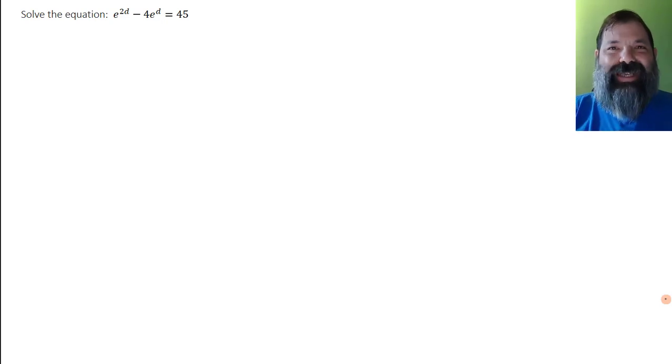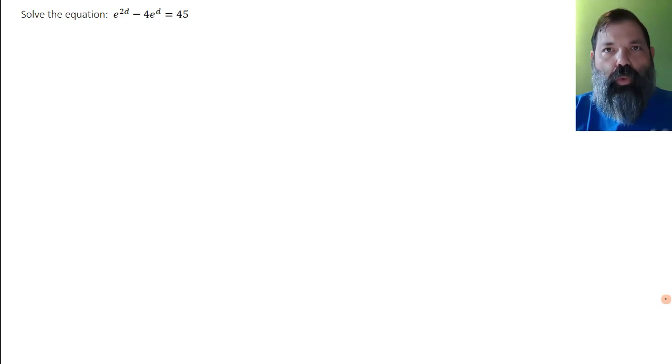Solve the equation e raised to the 2d, subtract 4 times e raised to the d is equal to 45. All right, so this equation, to me, it looks like it's quadratic in form. And that might not be obvious right away, but we'll use it. If we use a substitution, it becomes